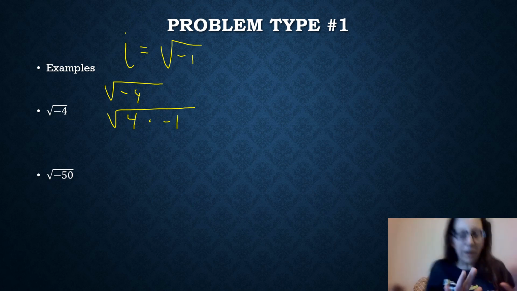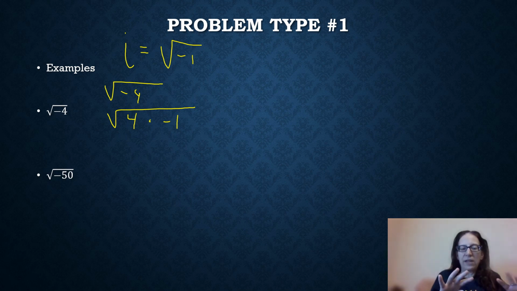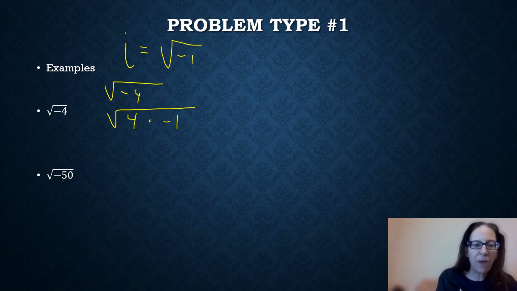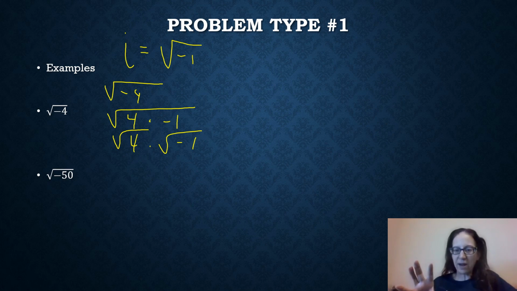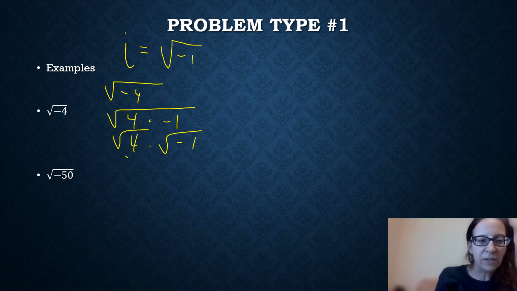So essentially what I'm doing there is I'm factoring the -4 into something that I know is a perfect square and the -1. I'm going to pull that -1 out. Now there's a property of square roots that says that if you have the square root of a product, that's the same as the product of the square roots. And now I can take the square root of 4, which I know is 2,